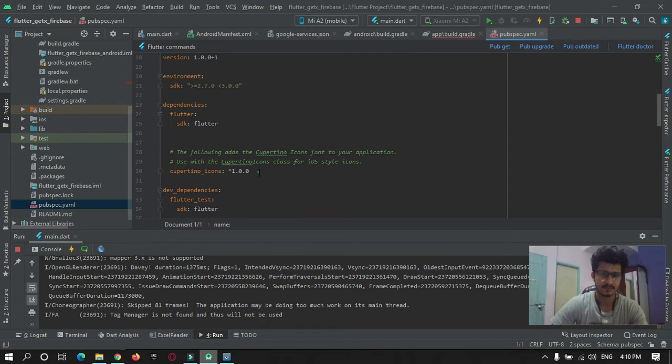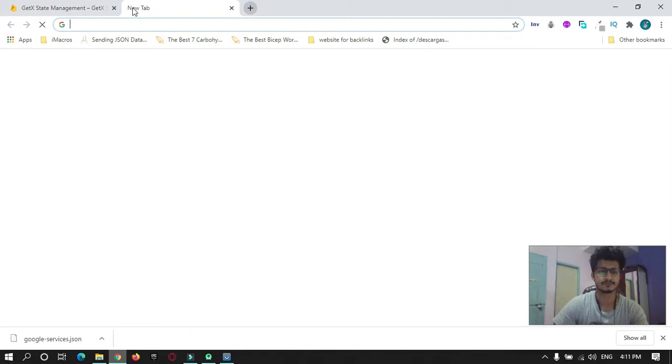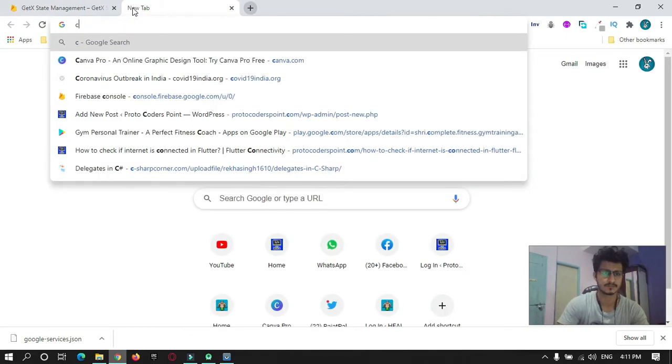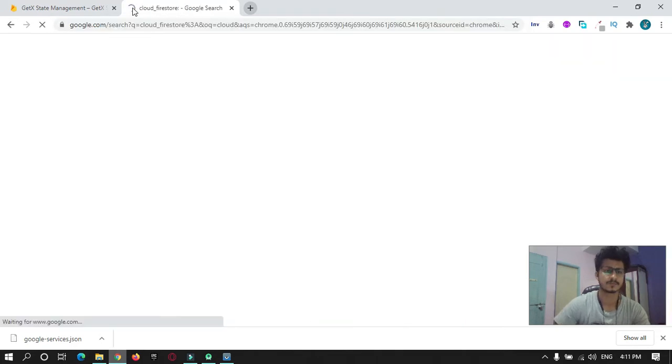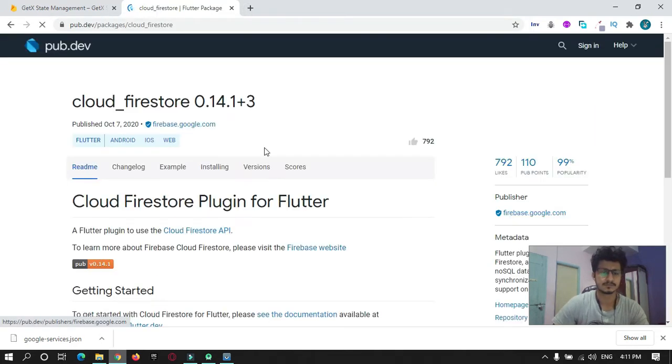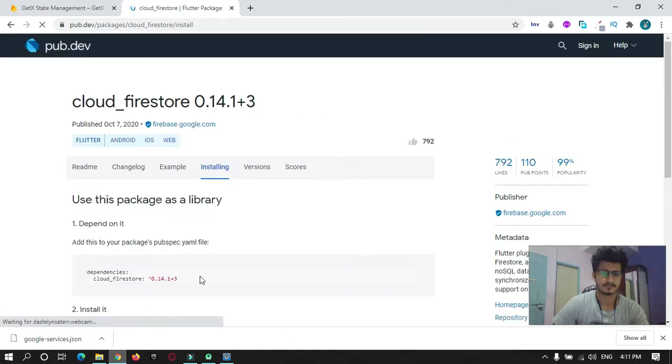The first is get, to make use of state management, and the second is Firebase Cloud Firestore. This package you need to add.